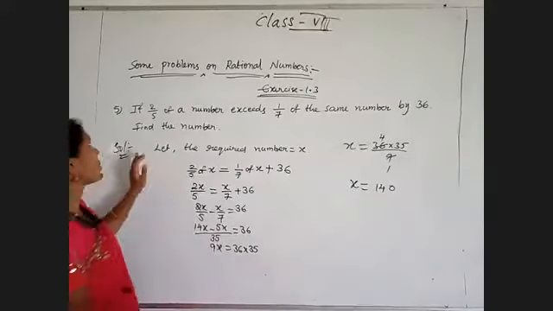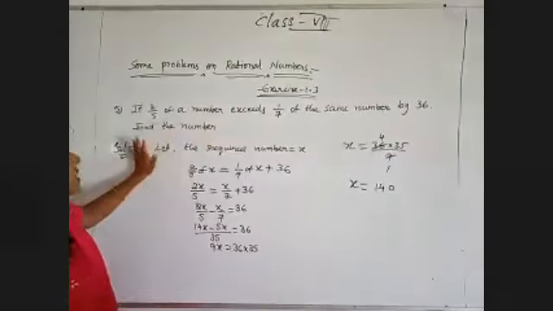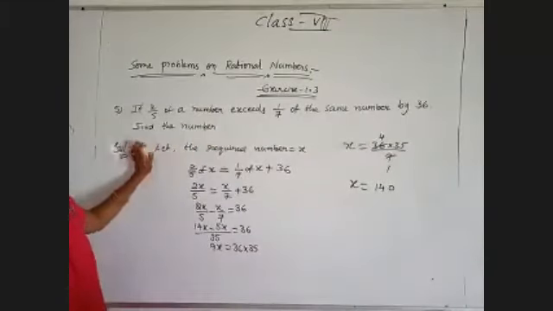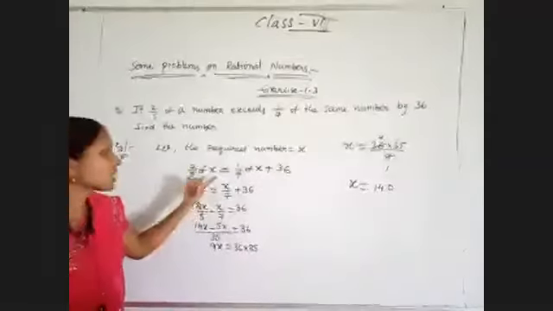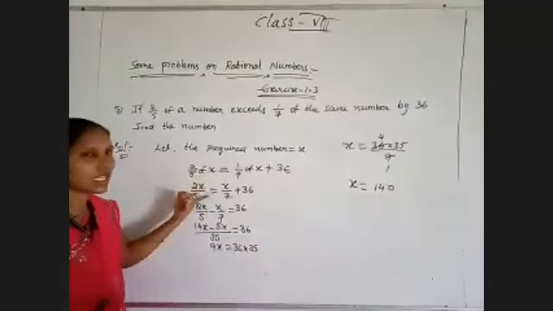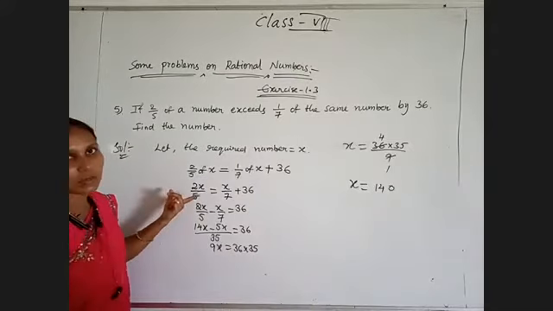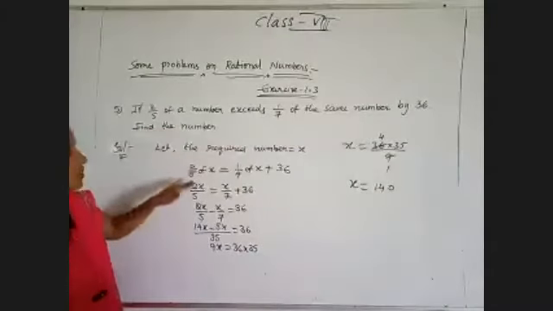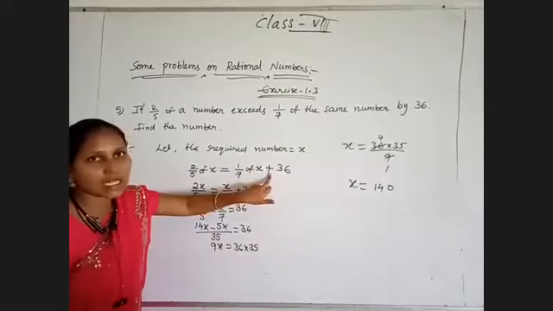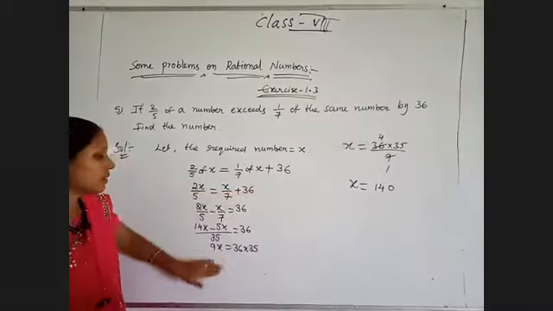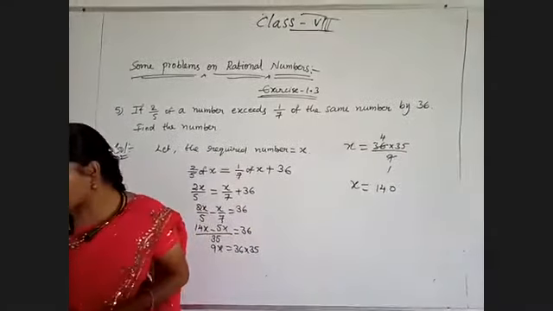Okay. Now observe, if 2/5 of the number exceeds 1/7 of the same number by 36, find the number. So what is the relation? This is given in the statement form. We need to write in algebraic form by using the variables. If you form the equation, then only your simplification is possible easily. Now 2/5 of the number means 2/5 of x is equal to 1/7 of the number, exceeding in the sense plus 36. So by simplifying this, we will get the required number value. That's all. Now coming to the next problem.